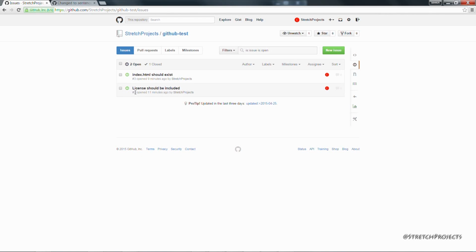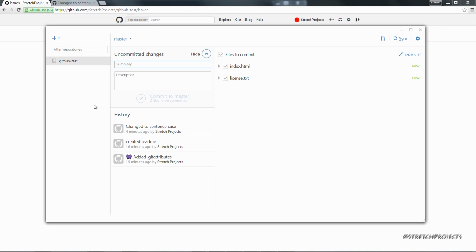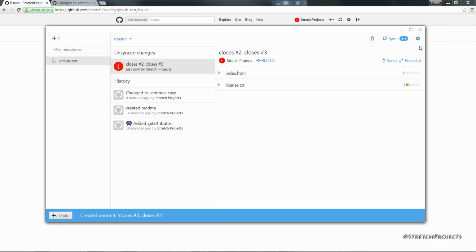So knowing that these issues are number 2 and number 3 respectively, when we're actually making our commit, we can say closes #2 and closes #3. This means that we don't need to worry about adding too much detail here, because when we commit this and push it up onto the GitHub repo,